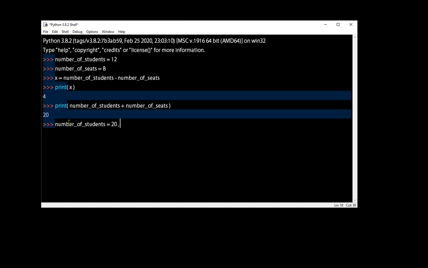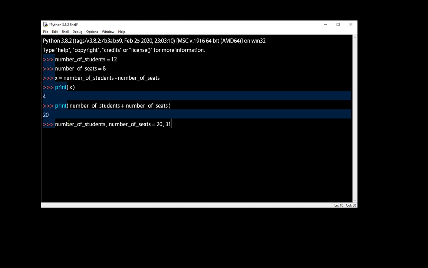Okay, and then say the number of seats in this classroom is actually equal to 31. So there's a surplus of seats here, right? So if we put a comma between the 20 and the 31, and if we also place a comma between the number of students and the number of seats,